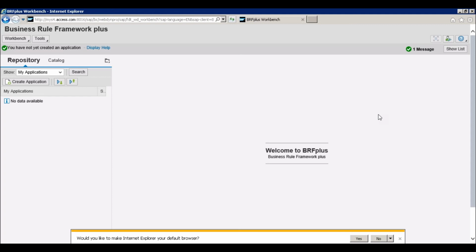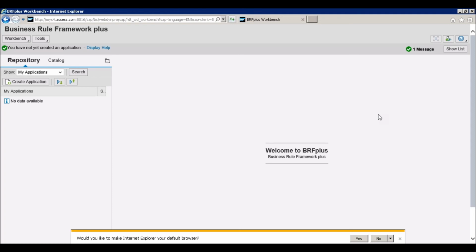So from NACE, most of the things are already configured. Only thing is we are not maintaining the combination that for this particular vendor, we want this medium. But otherwise, most of the things like program and forms are already available through NACE. On the other hand, from BRF+ point of view, nothing has been available because even the application is not available, which allows you to do the configuration.